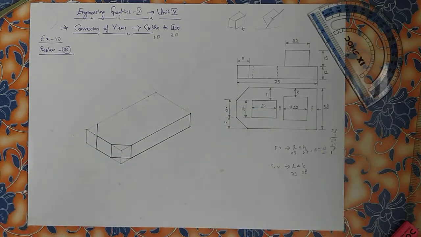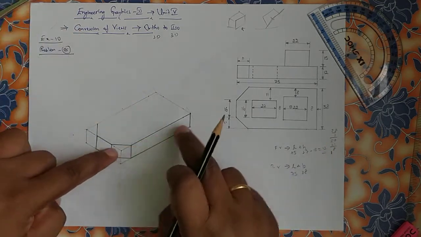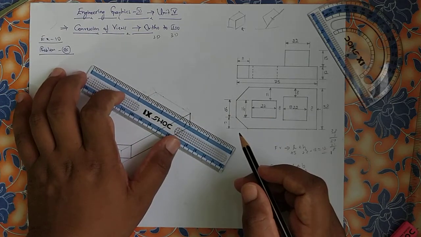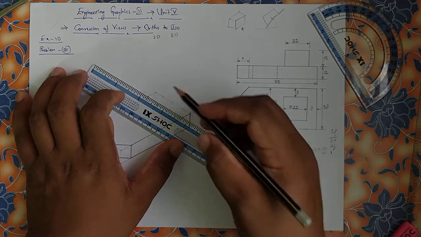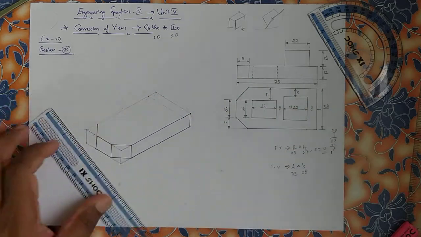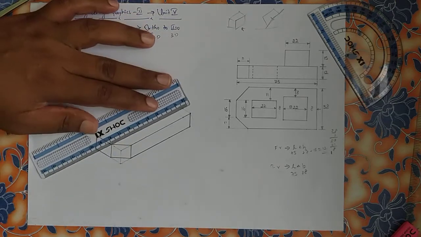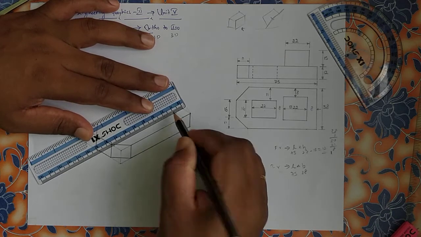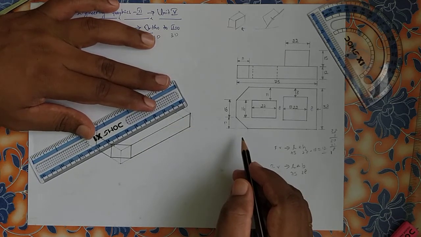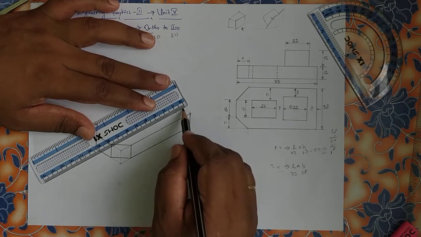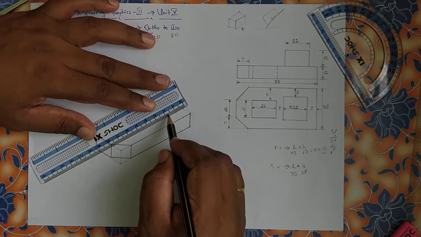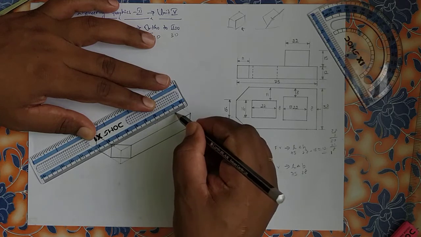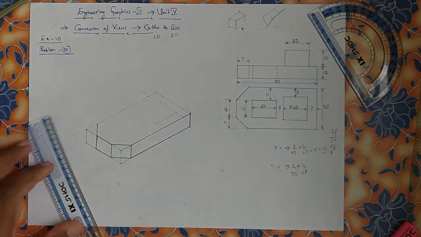Now 22 by 22. See, now here this point and this point are parallel, this point and this point are parallel. So what I am supposed to do is, at this location I am trying to draw a light line. Now here at a distance of 8, from this particular point I have to draw 22. See, at 8 I have aligned from here 22, 10, 20, 21, 22 to this point. I have drawn a light line. That's it. Same way here,